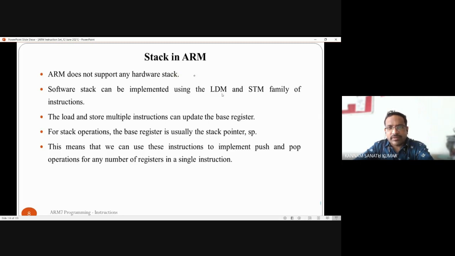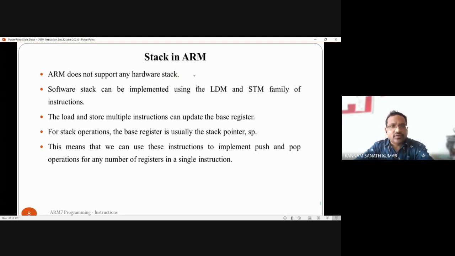Load multiple means you are moving multiple values from the memory location into multiple registers. STM, store multiple, means you are storing the contents of multiple registers to the memory location. So by using these two instructions we can implement the stack operation.